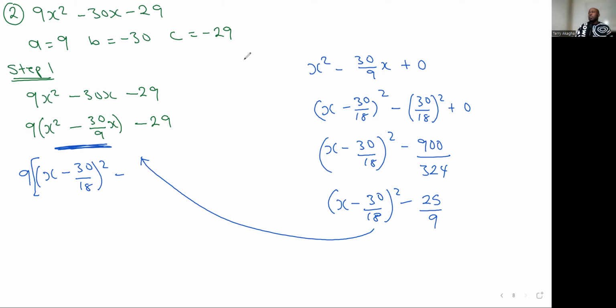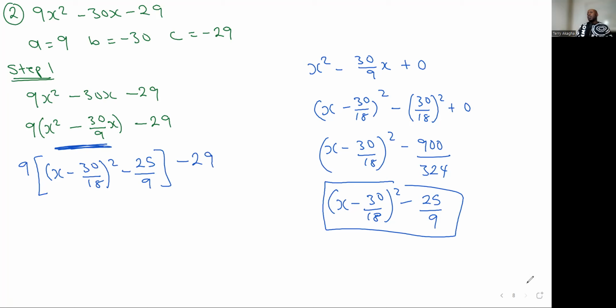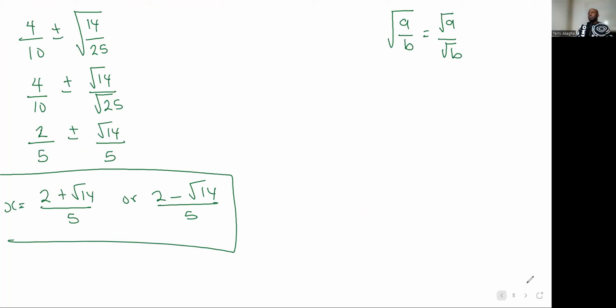so all this. Let me put it in a better way so it will be easier. Okay, so put it like this. We're replacing all this with this. So it's going to be 9 into bracket (x minus 30 over 18) all squared minus 25 over 9 minus 29. Okay? Then remember in step 3,